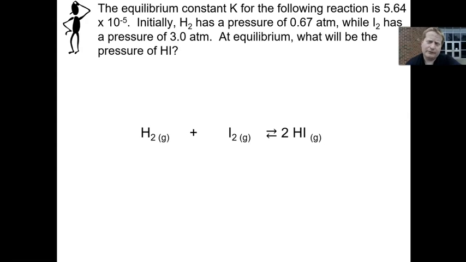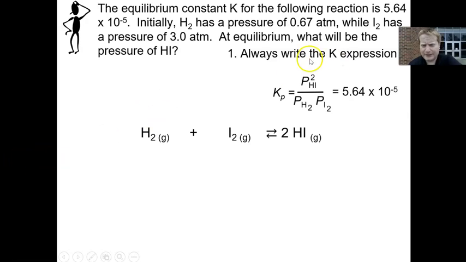So first thing we have to do is write the equilibrium expression, write the K expression. If we think about what that means for this reaction, and this notation looks a little funky, all that this literally means is that it's products over reactants, like we said, right? And it's the pressure of HI. We're talking about pressures here in atm, right? The pressure of HI squared, that's all that this is saying,